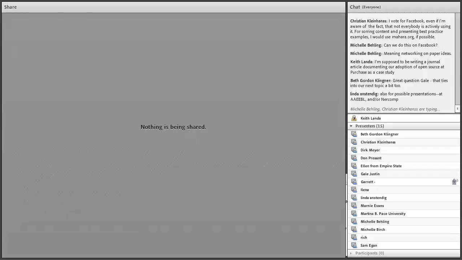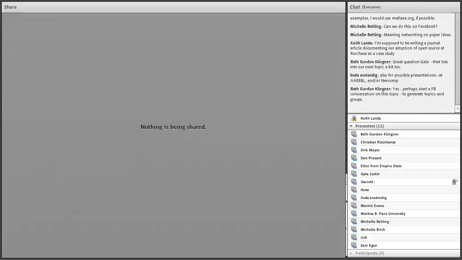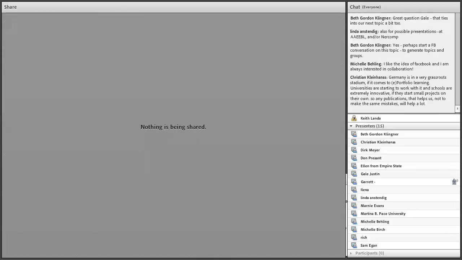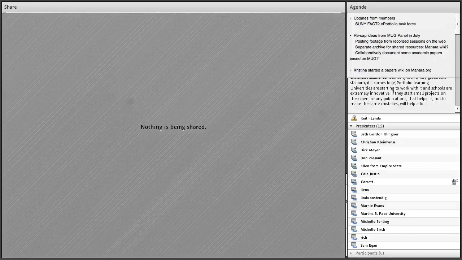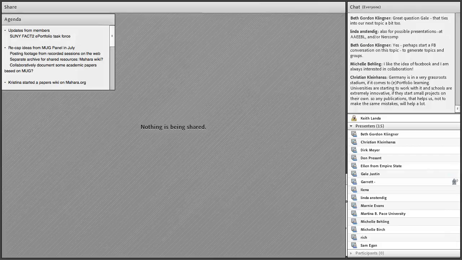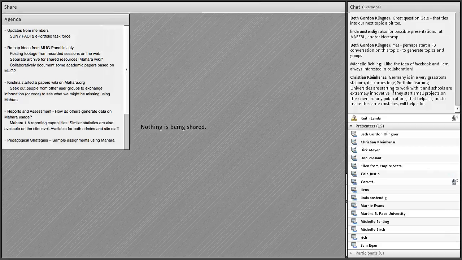The last topic here is, I think this came up in Boston as well. Maybe we have some nearsightedness with what we're doing as far as Mahara users. I know others have said, yay, I feel like a cheerleader for Mahara, and it's true, and it's so easy to get stuck in that. But personally, I have no exposure to other ePortfolio tools, and it would be good to know what we're missing out on. So how do we search out our counterparts in other ePortfolio groups and perhaps invite them in for some discussions for the sake of knowing what's going on in the larger ePortfolio community with other tools and other user groups? So any thoughts on that?